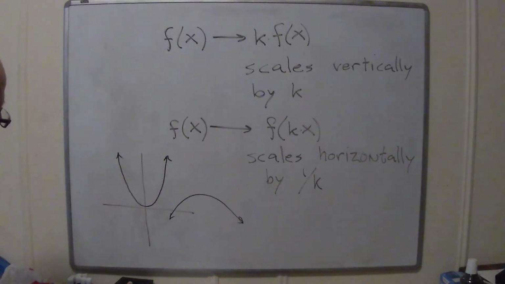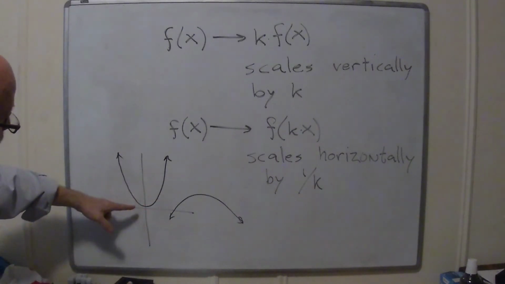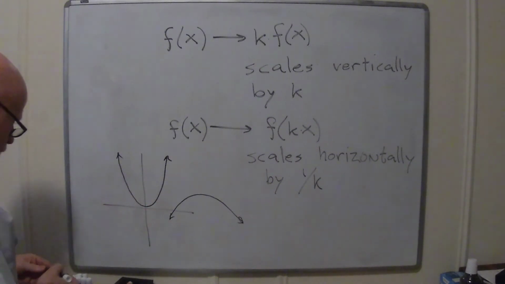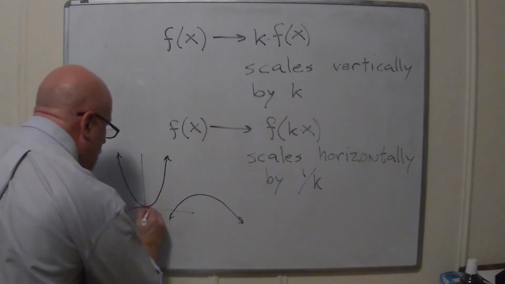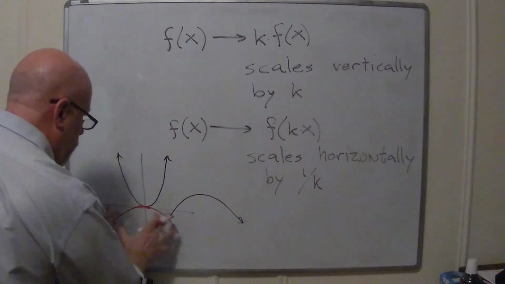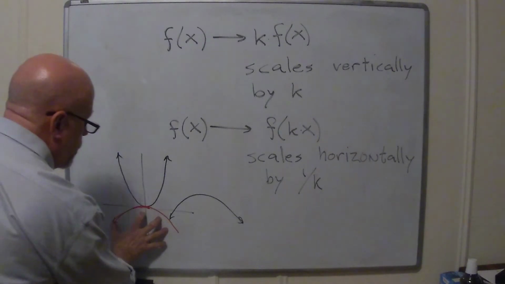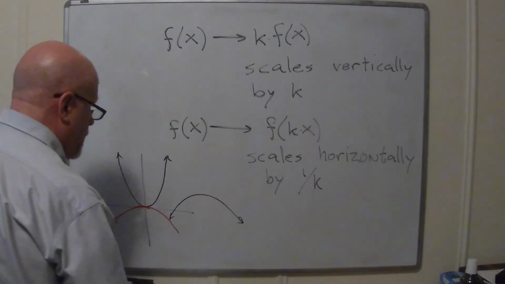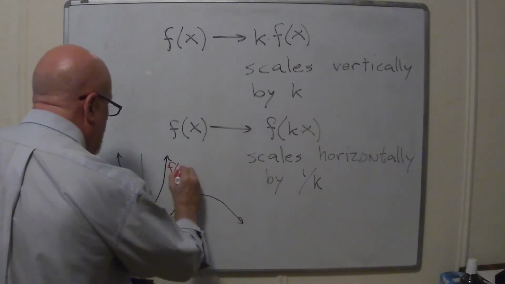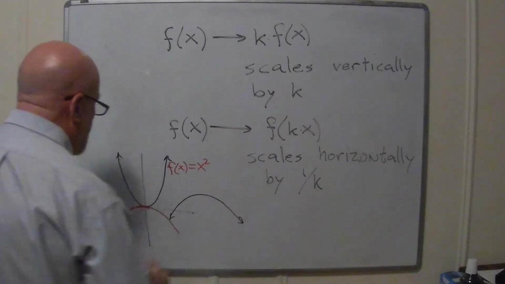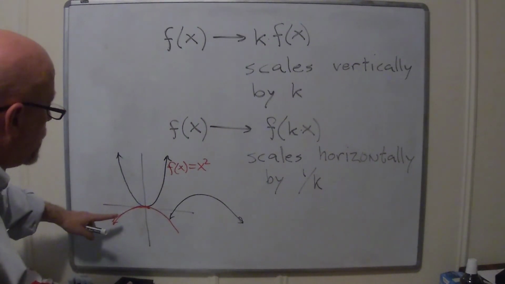For instance, what if we scaled it by a factor of a negative number to turn it upside down, and maybe a half? So you could turn that guy upside down and make it half as tall. And now it has kind of the right form, but it's not in the right place. Well, that's our shifting. Now I just need to move it over here and move it up to there. So I might start with f of x equals x squared, do some scaling vertically. In this case, I only need to do vertical scaling, and then some shifting.